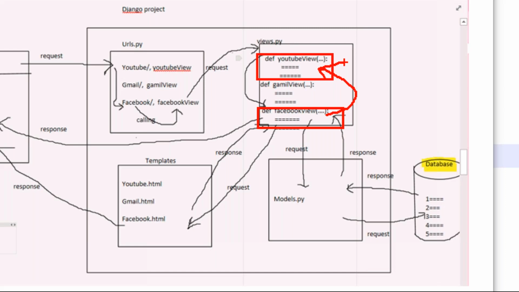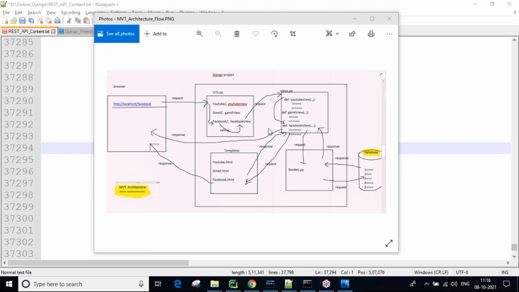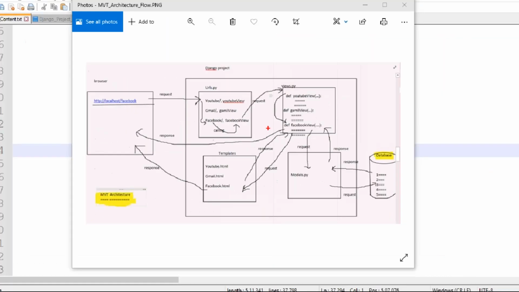This is called the MVT architecture. The final intention is that whenever we send a URL from the browser, such as Facebook, that is the endpoint URL, and up to the port number we call it the base URL. So the final topic is views only.